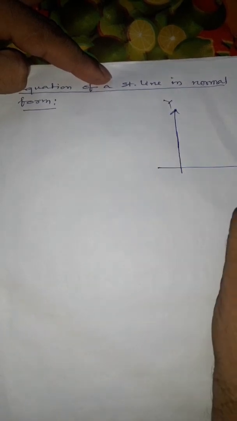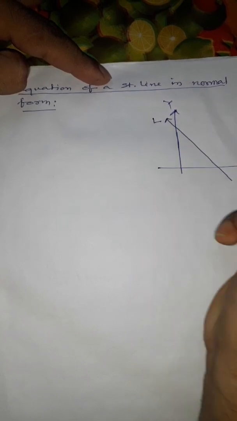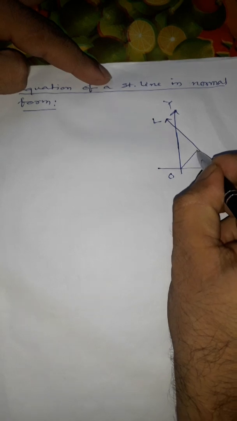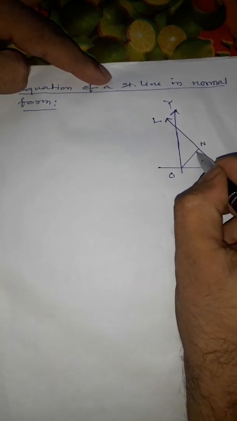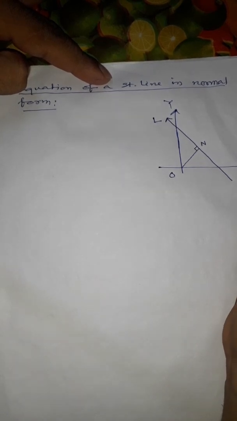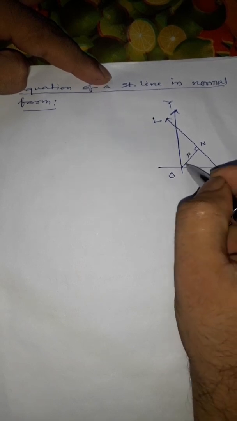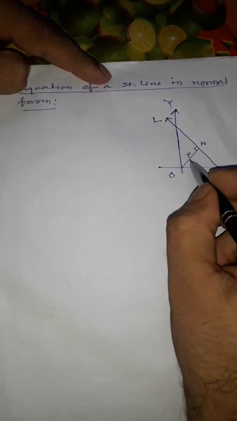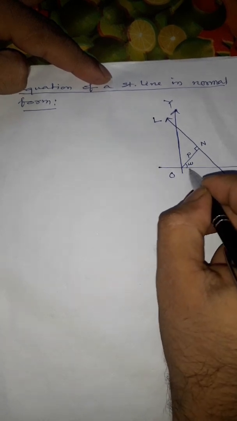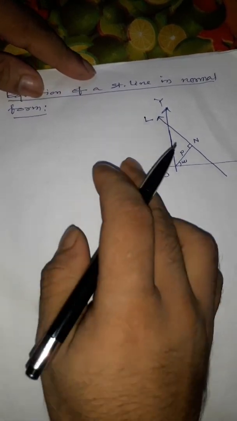There's the x and y axis, and there's the line L. Suppose we draw a normal from the origin to the line. ON is the normal. Normal means perpendicular. ON is the normal from the origin to the line. If P is the length of the normal, P is the distance from the origin to the line, and omega is the angle between the normal and the positive direction of the x-axis, then the equation of the line L will be